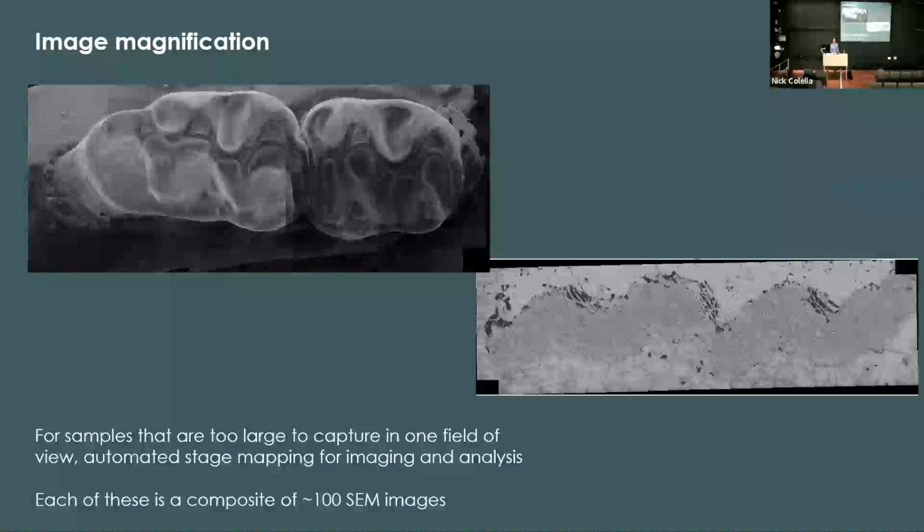So I think that, if I remember, that's some sort of fossilized mouse tooth at the top, and on the right is a fossil insect burrow, right? So these are biological, paleontological applications, kind of 10 millimeter plus sample size. So we can't really characterize that without doing this stitching procedure.